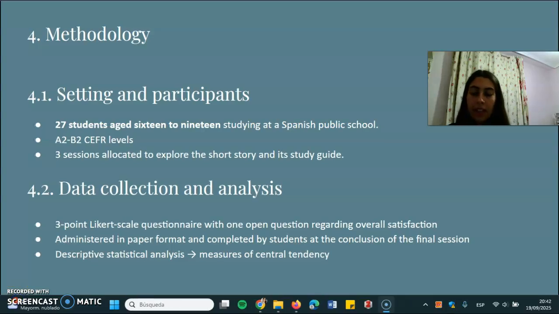In the study, we had 27 students participating, and these students were aged 16 to 19, and they were studying at a Spanish public school, and their language levels ranged from A2 to B2. And we allocated 3 sessions to explore the first story, So What Are You Anyway, and to go through